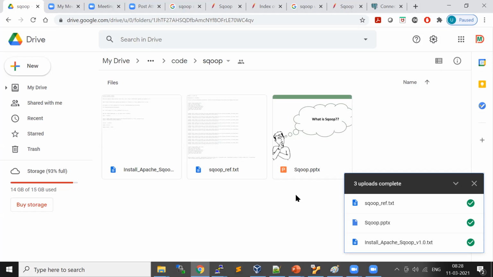For subsequent loads, you need to do only the incremental, pulling only the incremented data in the next iteration. So how do you do the incremental import using Sqoop? If somebody asks you a Sqoop question in an interview, incremental load is a very compulsory question. People will ask you how to do the incremental import using Sqoop. So we'll discuss that tomorrow.